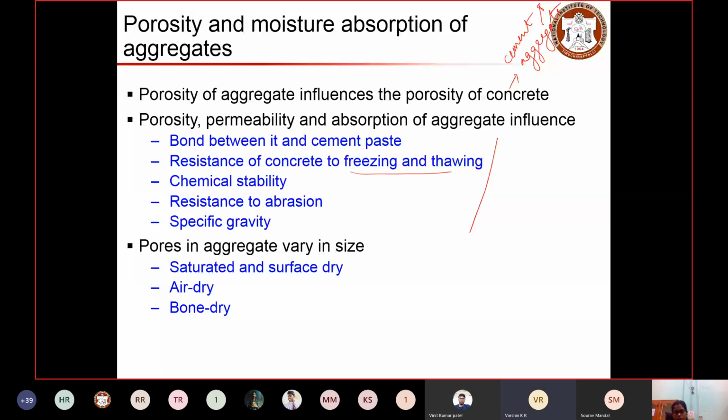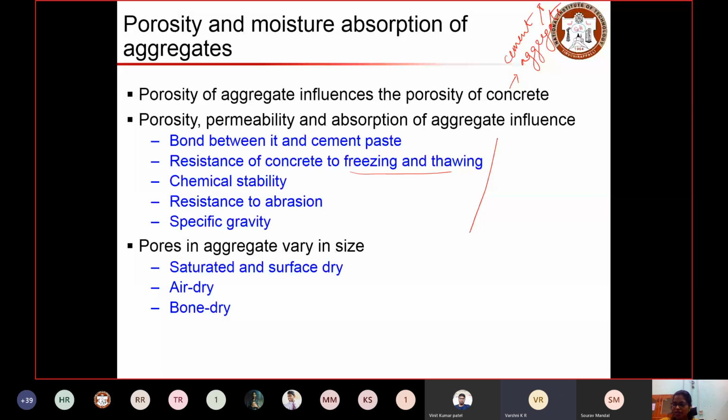I don't know exactly, but I'm thinking if it is more porous, that means it is less tightly packed. So it will likely be in the liquid state. So conversion to liquid state is possible or easier when it is more porous. So thawing is more likely when it is more porous, and freezing is more likely to happen when it is less porous.